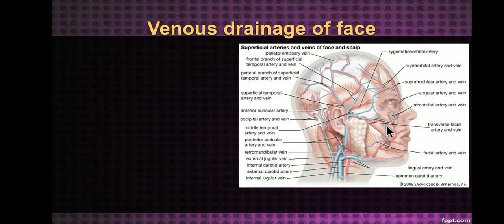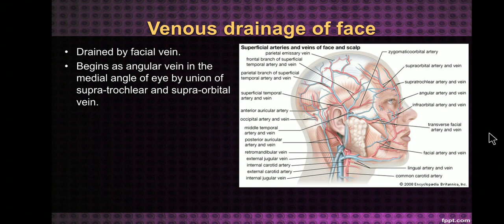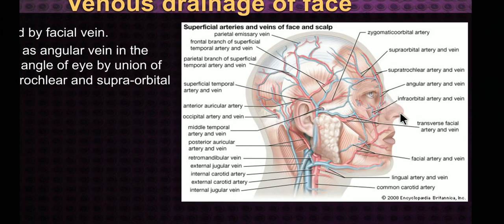Coming to the venous drainage of the face, it is mainly by the facial vein. The vein is situated posterior to the artery, behind the artery, and starts from the medial angle of the eye by the union of the supratrochlear and supraorbital veins, which join to form the angular vein at the medial angle of the eye, which you are able to see here. The vein follows the course of the artery, and finally it joins with the anterior division of the retromandibular vein to form the